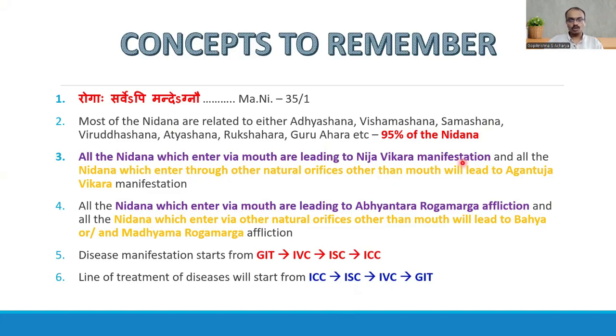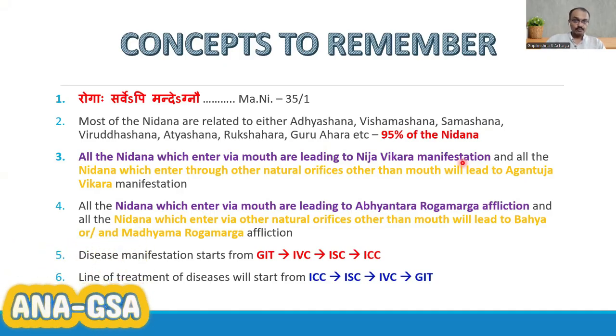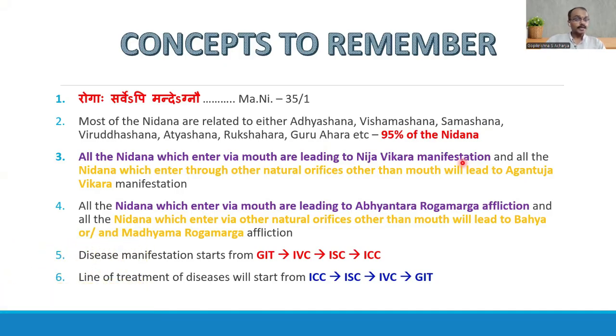While knowing about this particular concept, we need to know certain concepts. First of all, Rogaha Sarvepi Mandagnau. It is being mentioned in the context of Udara. Almost all the diseases are considered to be because of Mandagni, or what we can say the poor functioning of Agni, poor functioning of the gunas of Pitta, that is Ushna, Tikshna, etc. If they are poorly functioning, then that will lead to the Mandagni, which is considered to be the disease